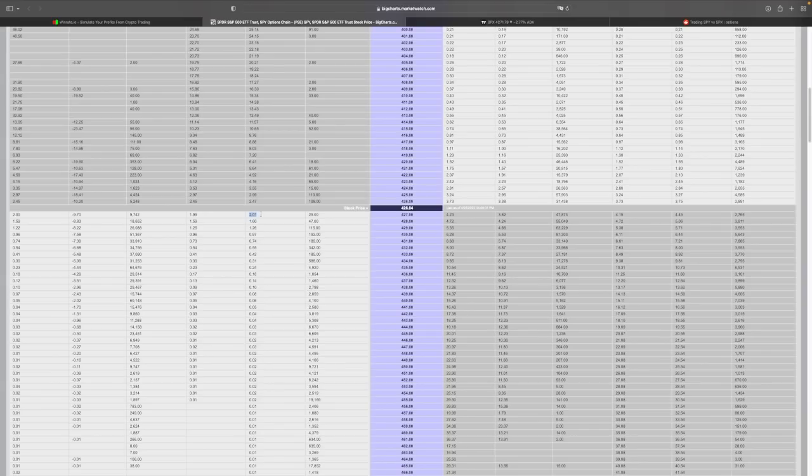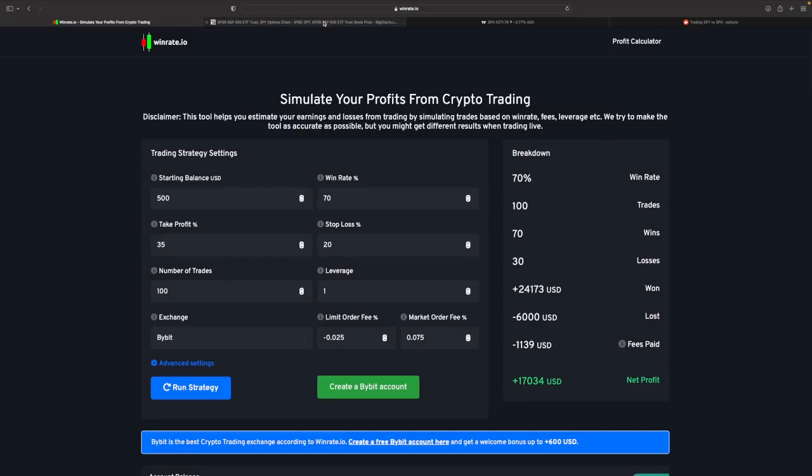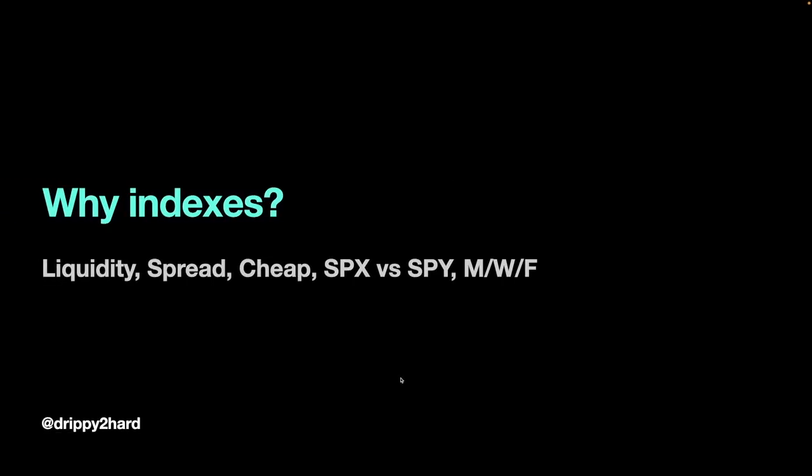This is $200 for the 427 call for SPX, Aspire in this case, and SPX would be roughly around 2,000 or more. So that's why we only trade them zero DTEs. So that's pretty much the only reason why I'm trading SPX on zero DTEs. And you don't have to. You can trade SPY as well. The concept is similar. You just have to think about what strikes to choose and stuff like that, which I'll cover in a minute.